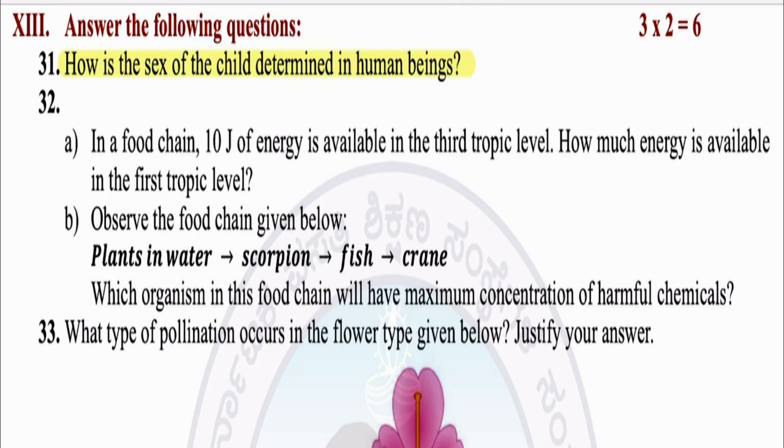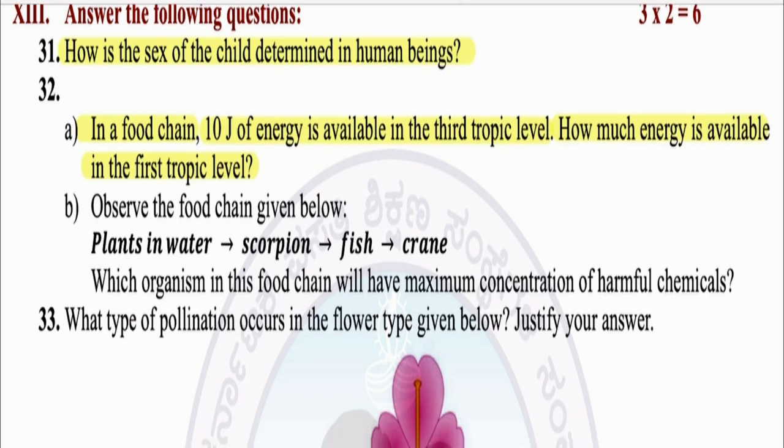Next, question number 32. A. In a food chain, 10 joules of energy is available in the third trophic level. How much energy is available in the first trophic level? So if 10 joules is available in the third trophic level, in the second it is 100, and in the first it will